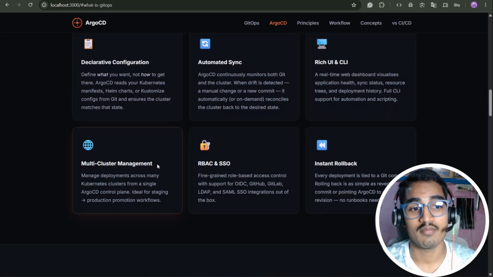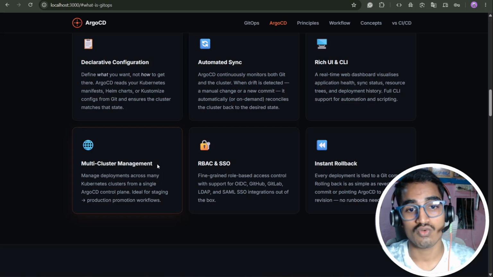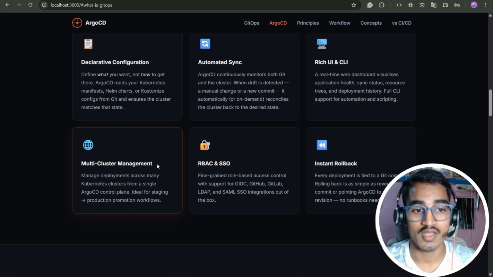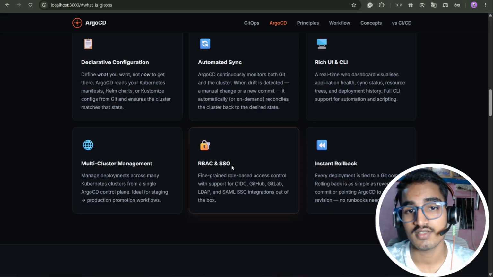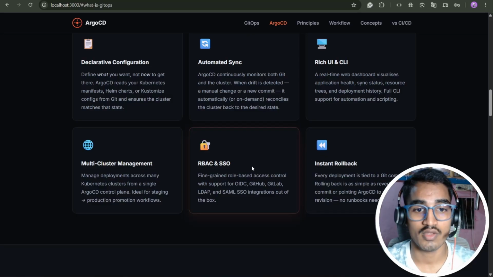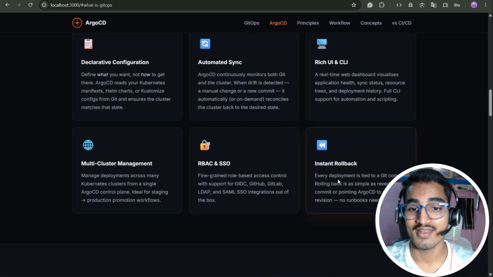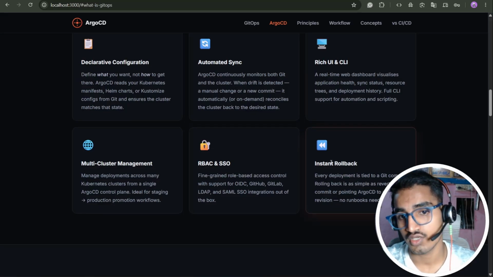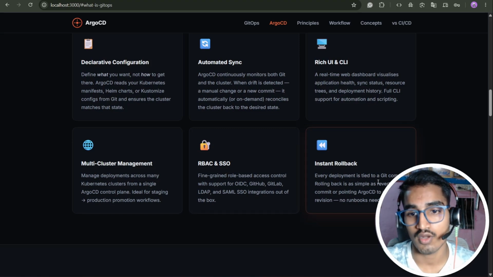And in Argo CD, you can manage multiple Kubernetes clusters. You can simply create multiple clusters and add them into your Argo CD, and we will see how we can do that also. It also provides security using RBAC, and you can simply define role-based access control for your organization and groups. And we can even set up single sign-on, so you can use OIDC and GitHub. You will sign in with GitHub, and we will also see in this video an instant rollback. Since it has Git, you can easily roll back. There is a feature in Argo CD where you can simply roll back to the previous version of your application